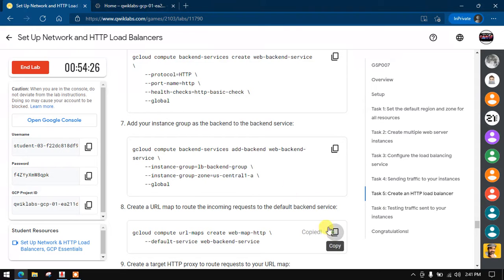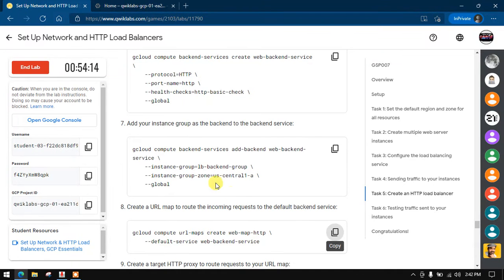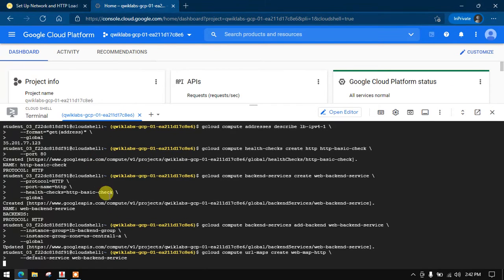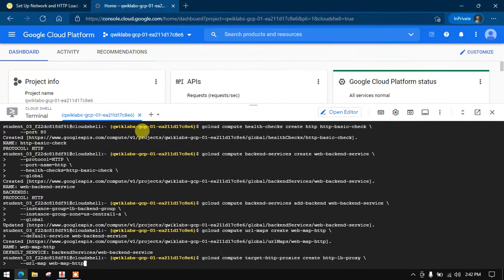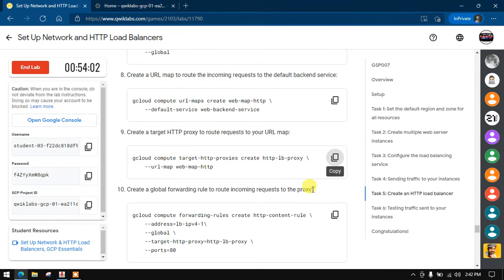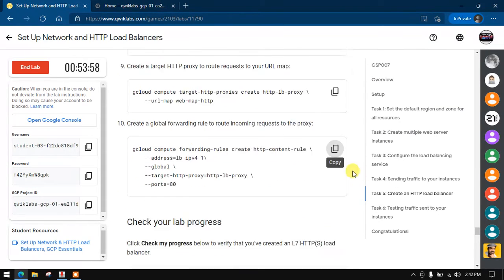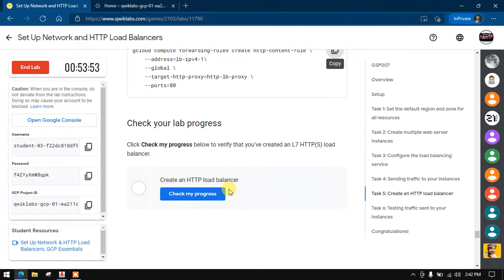Nice. Let's see how much we can do. Our backend and front-end deployment takes a little bit of time, so once we deploy it will take a little bit of time, so don't worry, just go step by step and don't miss a single code. If you miss a single line of code, you have to do it from the absolute beginning, so try to avoid such a mistake. Create HTTP load balancer.